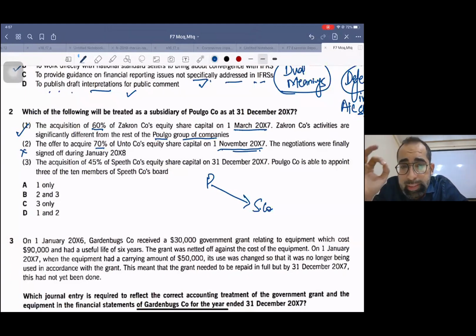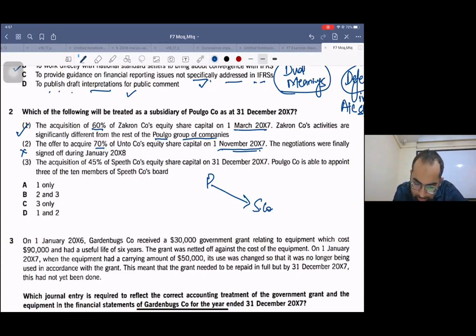If you acquire a subsidiary after the year end, it's a non-adjusting event. Non-adjusting event means no need to do consolidation at the year end. No finalization at the year end. Now, number three,